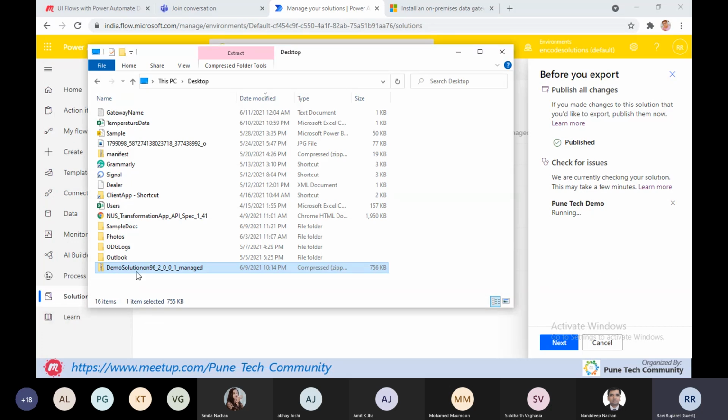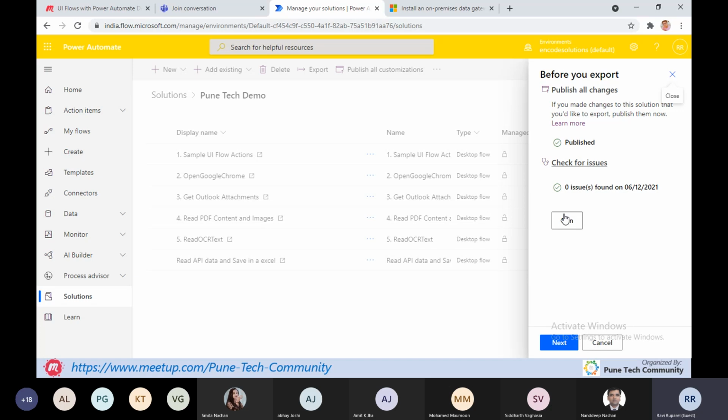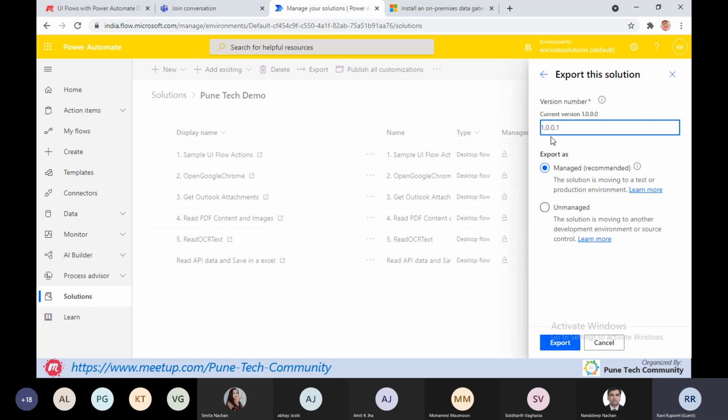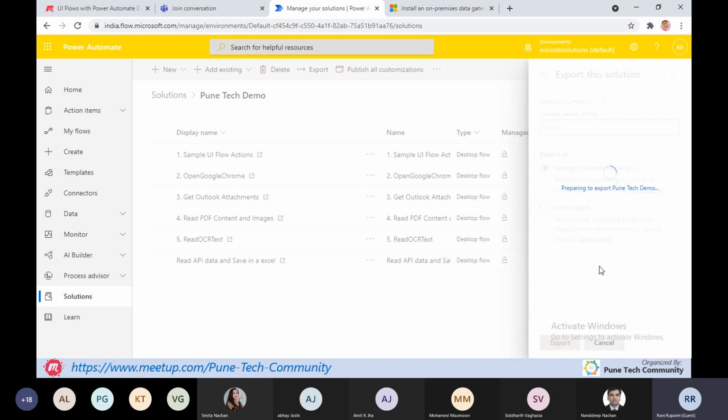Once the export button is clicked, this file will be downloaded to your local system. I think it's done. So click on next. It will create a managed or unmanaged solution based on our requirement. If you want to move this solution to test or our production environment, then we can select managed. I'm clicking on the export button.